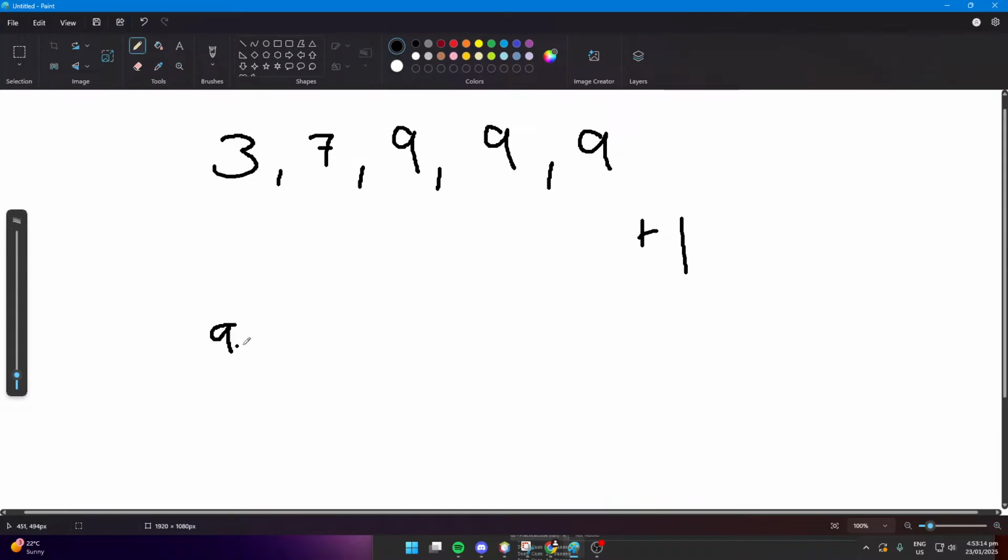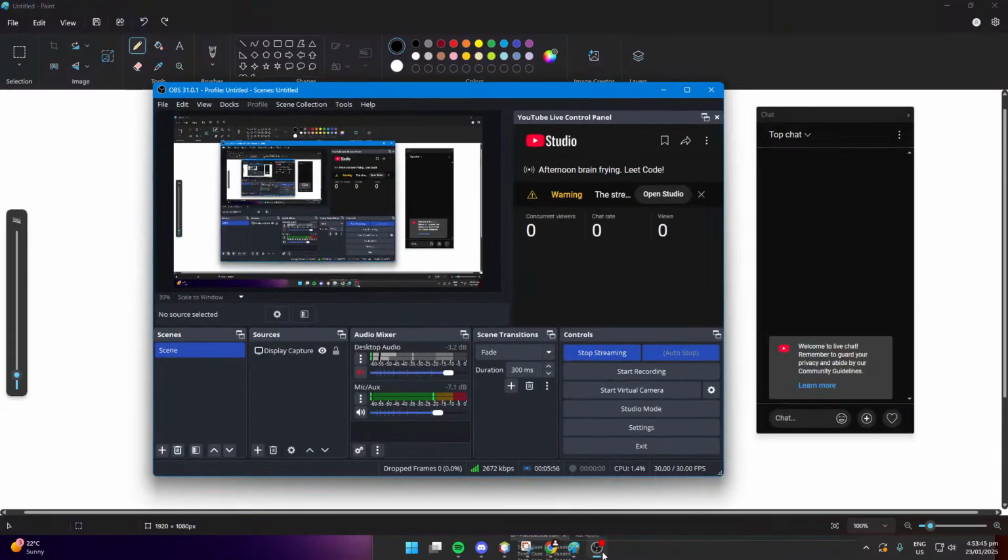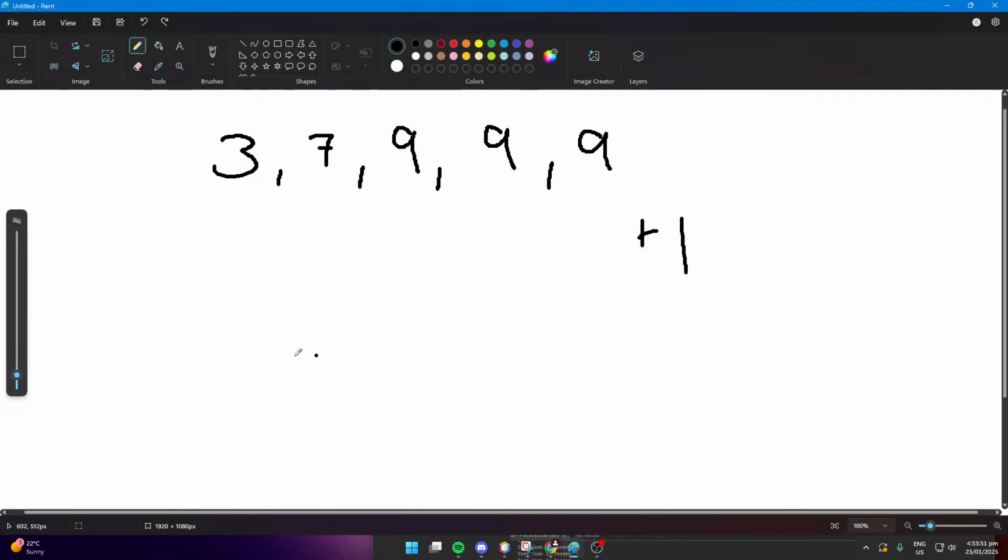But what about in this case where we have 999? We add 1, still preceding the 9, and the rest becomes 0. Replace the rest with 0. But what about 9? Preceding the 9, replace with 0. And then what about